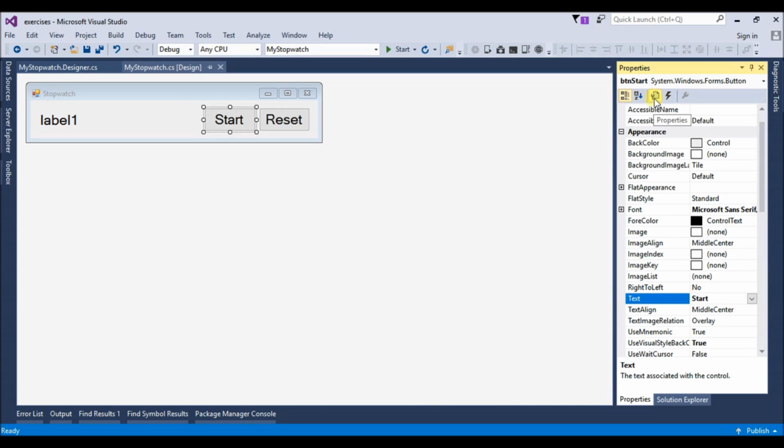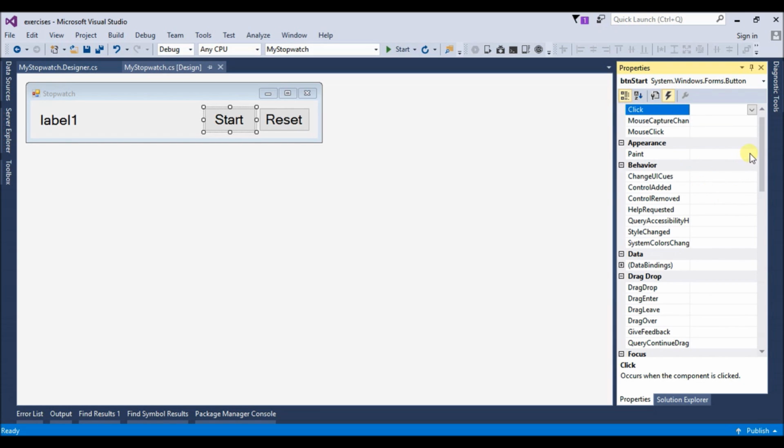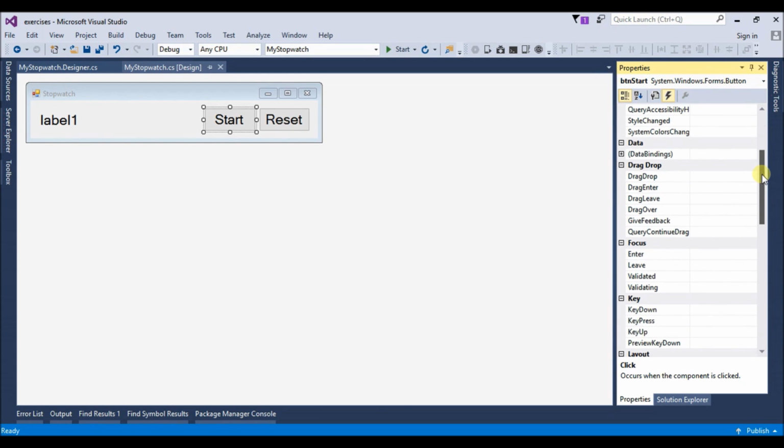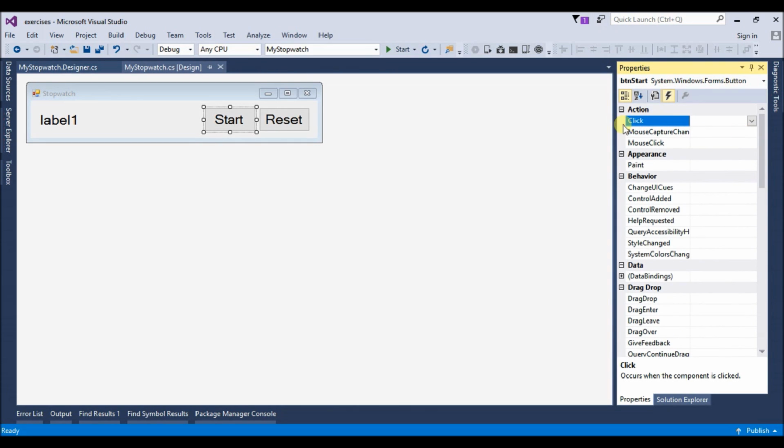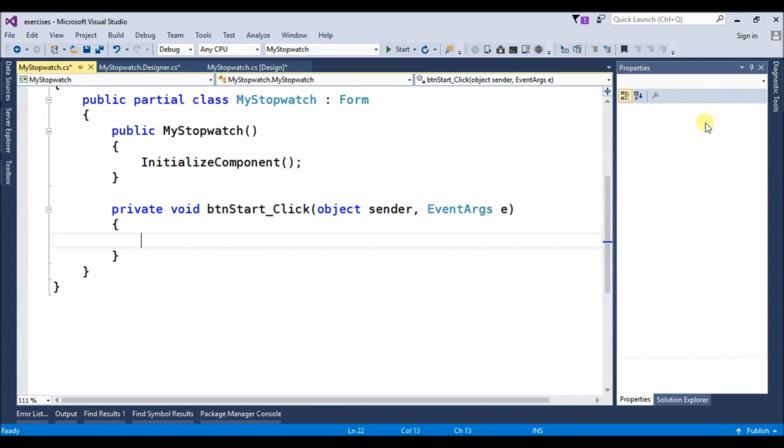Instead of the properties figure selected, you choose the events figure, this lightning element. Here you have many events that can occur in a button, but we want to choose an action for the click event. So double click here,